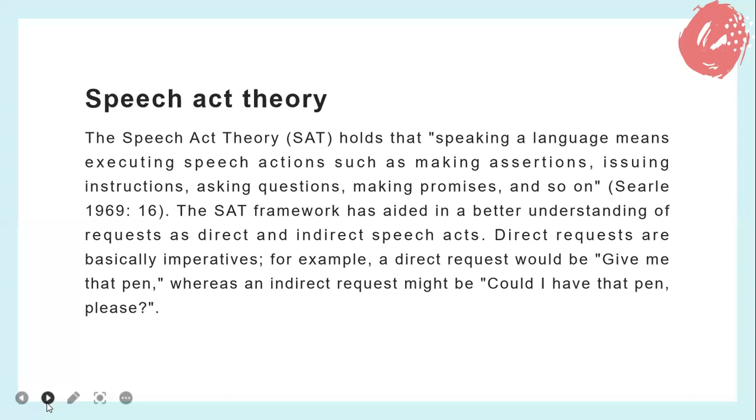According to research on telephone service encounters, British English native speakers employ significantly more indirect techniques when making requests than Greek native speakers. Thus, pragmatic transfer of requests from a native speaker's L1 to English frequently leads to the speaker failing to communicate the right illocutionary force, as well as to rude requests and lost face.